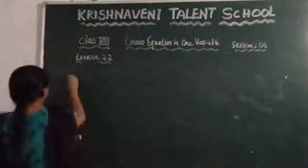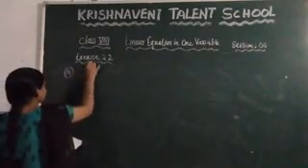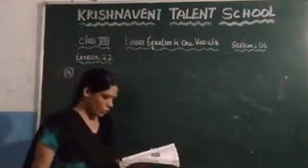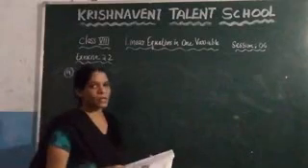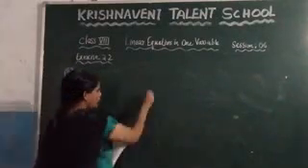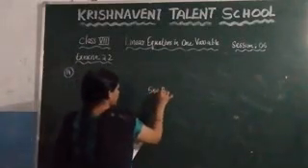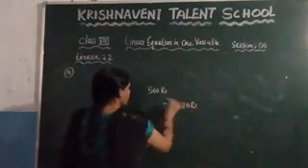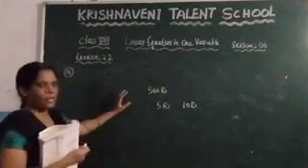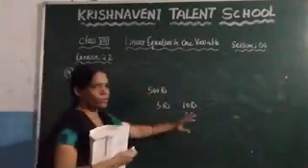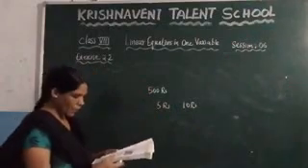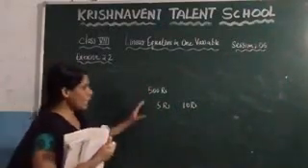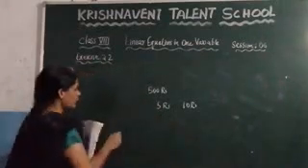Here, what's the 14th question given here? A sum of 500 rupees is in the form of denominations of 5 rupees and 10 rupees. That means here 500 rupees is there. In that all are 5 rupee notes and 10 rupee notes. Total 500 rupees is there. And if the total number of notes is 90, and if you add the total number of notes, that will be 90.